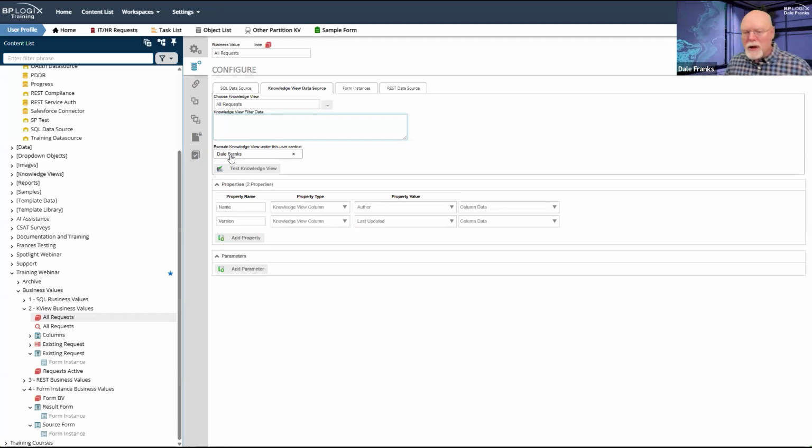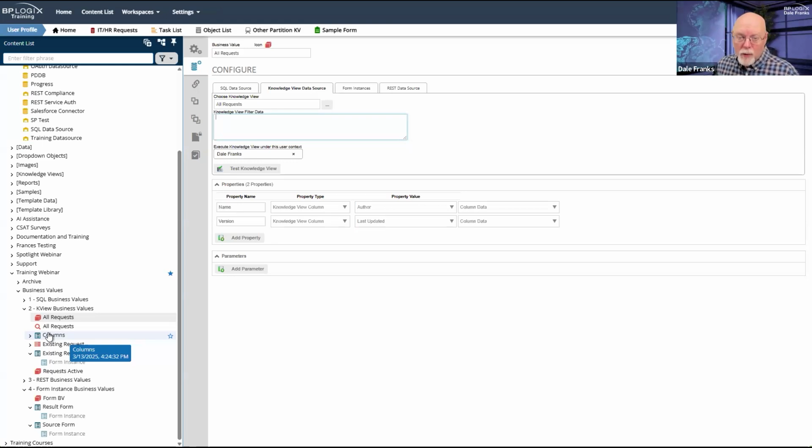Now, I've chosen myself as the user context to use when running this knowledge view. In other words, anytime someone calls this knowledge view data source, so anytime anyone opens this columns form, they will run the business value. In order to get data, the business value has to have the appropriate permissions to run the knowledge view that provides the source data.